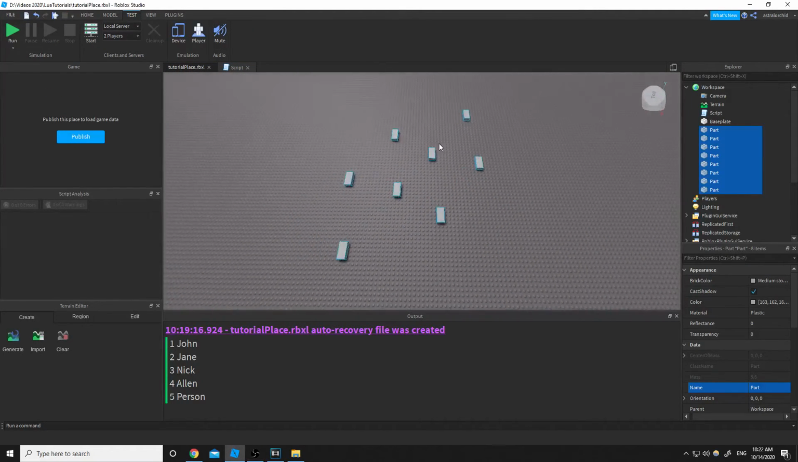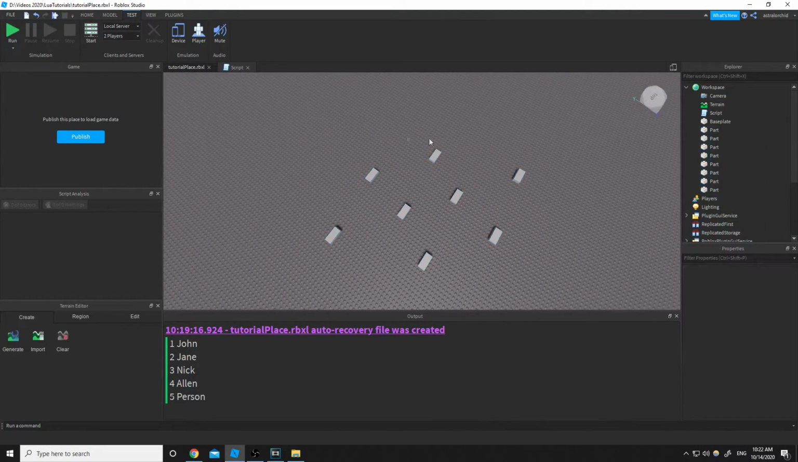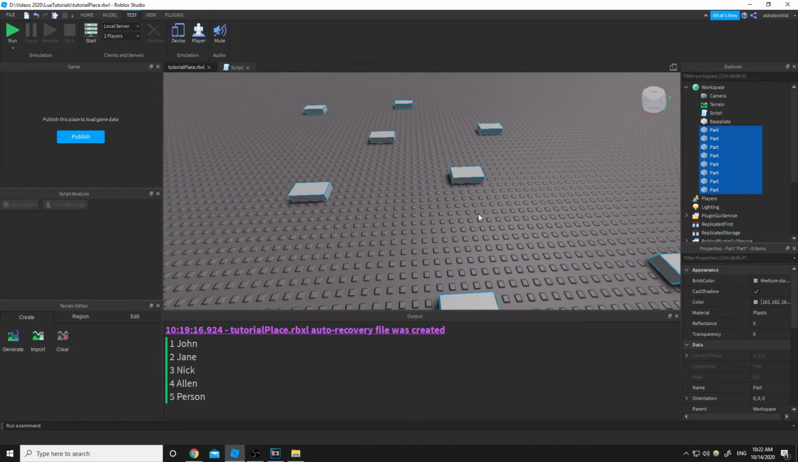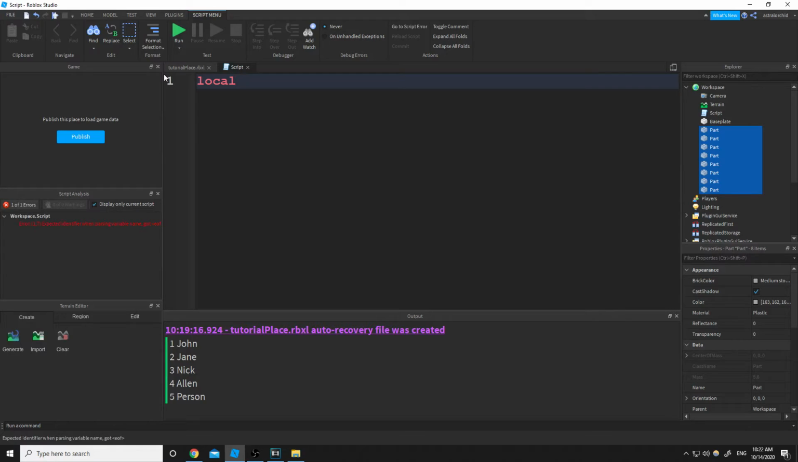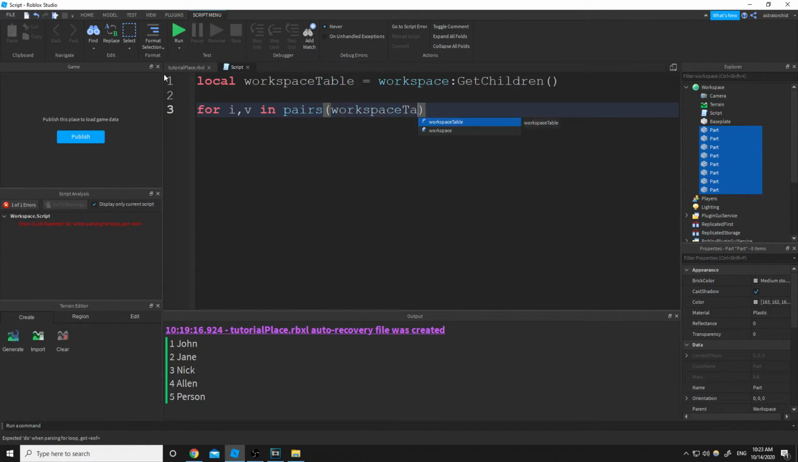So let's say I wanted to make a loop that'll clear these parts out of workspace if their name is part. And I want it to work so that no matter how many parts there are, as long as it's named part, it'll remove all of them. So what I'm going to do is local workspace table equals workspace:GetChildren(). This will return a table of everything inside a workspace. I've gone over this before, so I can do a for i, v in pairs workspace table do